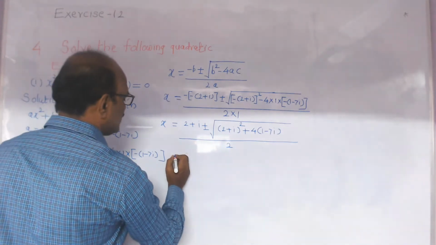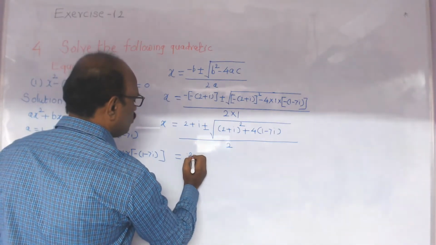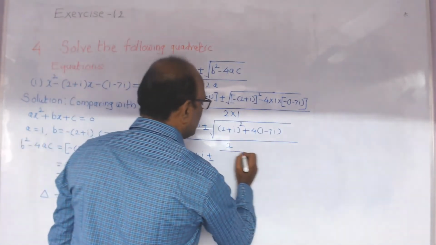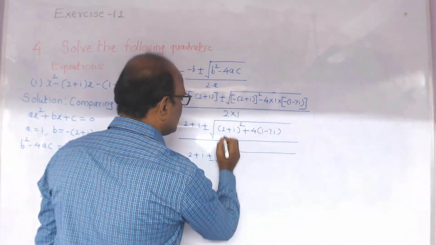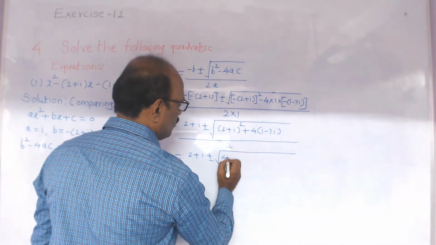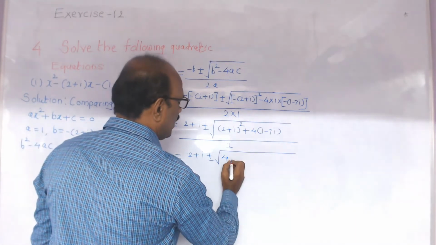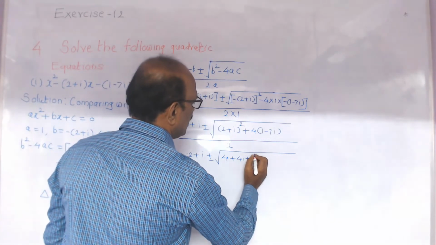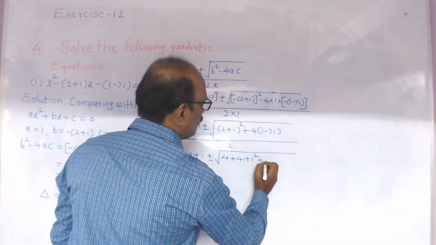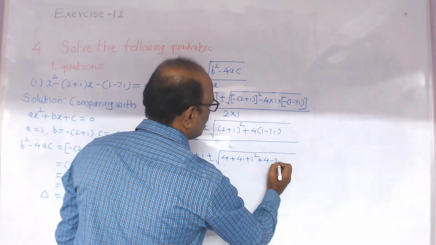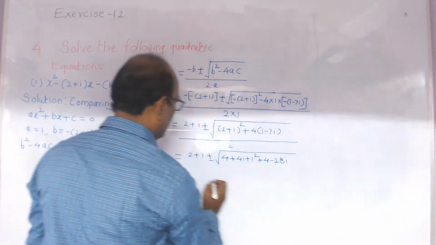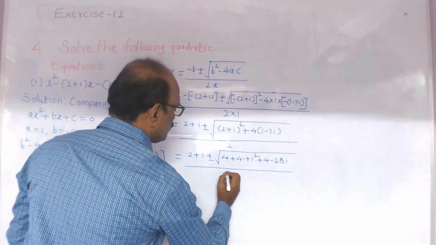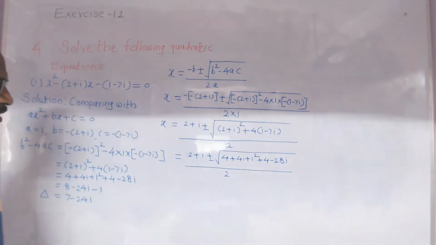Next is 2 plus i plus or minus, we'll simplify this. What is here? 2 squared means 4. 2 into 2 into i is 4i, plus i squared. 1 into 4 is 4, minus 28i, and again this whole divided by 2. 2 plus i,